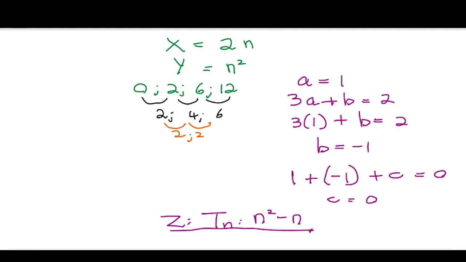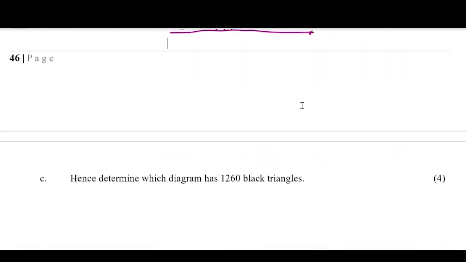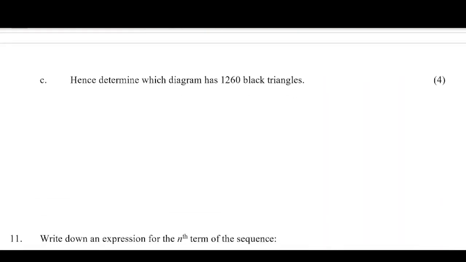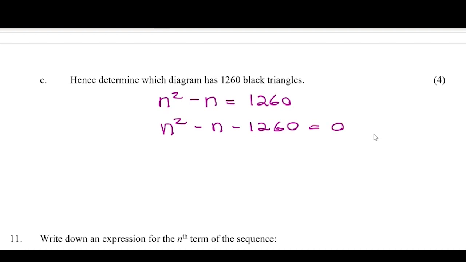Right. Let's look at the next question, which is in fact asking us which diagram has 1,260 black triangles. Now we've just worked out that the nth diagram has got n squared minus n. So we're going to make that equal to 1260. This is a quadratic equation. We could use our quadratic formula, or we could try and factorize it, right? I'm going to factorize it, but I must admit that I used the quadratic formula to find the answers in the first place. So it's actually n minus 36, or n plus